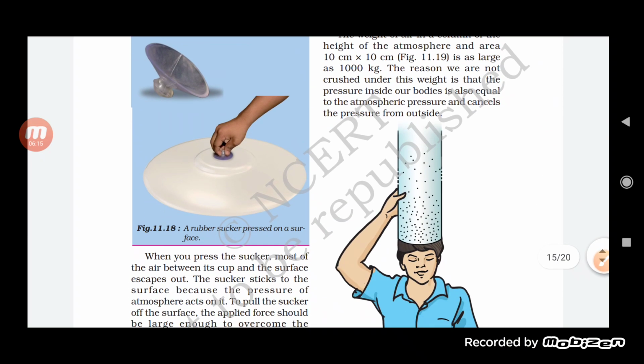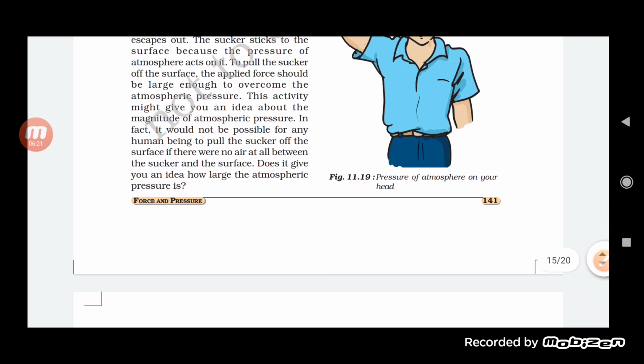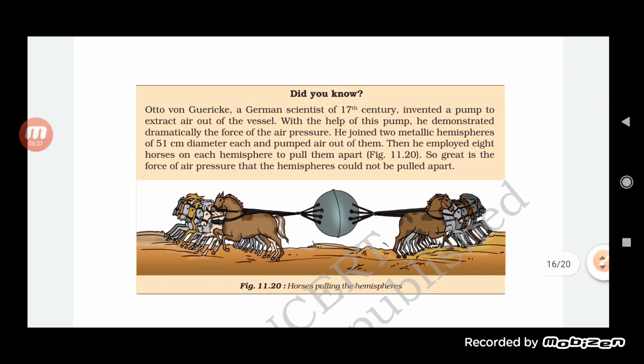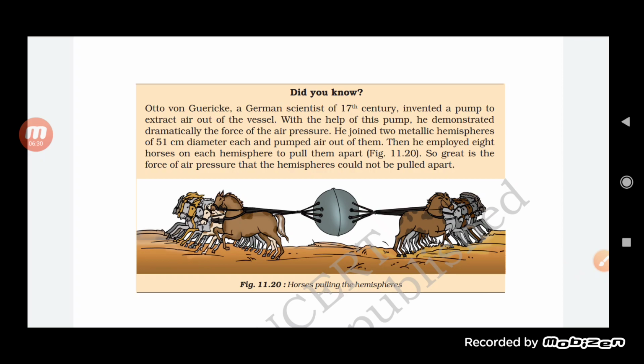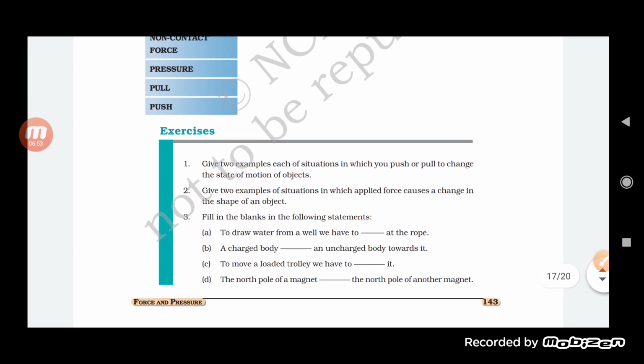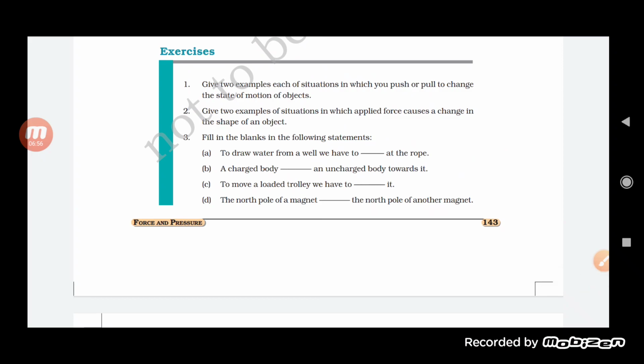We have also seen how atmospheric pressure acts with the rubber sucker. The rubber sucker sticks to the wall, and the reason is that the pressure starts exerting from outward to inward. And how can we reduce this pressure? When we lift the sucker from one side so that air can enter inside it, ultimately it is easy for us to remove it from the wall. Okay, so this is all about this chapter, students. Let us see some question answers also.